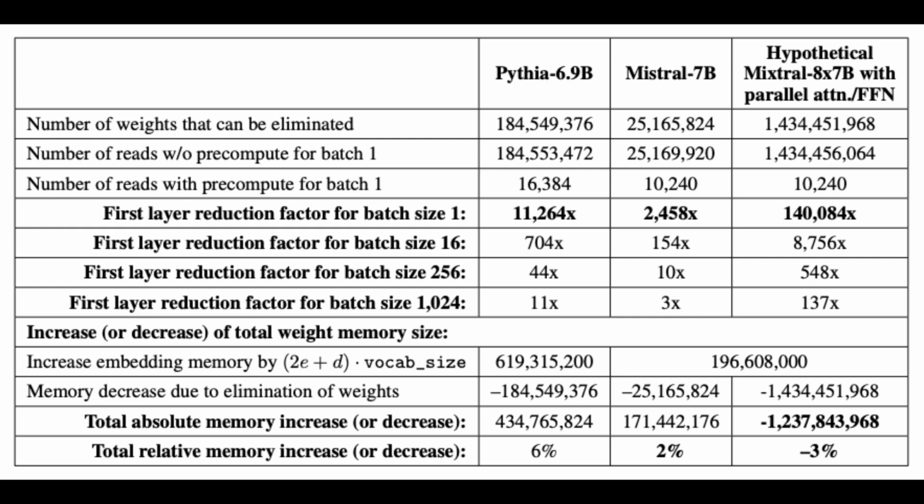Larger batch sizes are usually more efficient, especially when we're training the model, because you can parallelize things. So how does pre-computing play into this? Pre-computing really shines when you have smaller batch sizes,